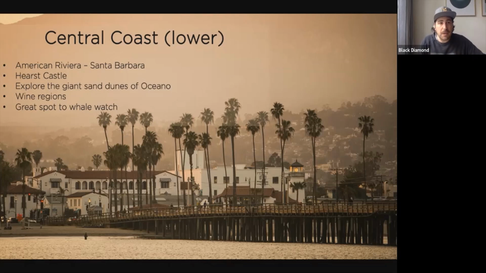Most people know Pismo Beach. You've also got Paso Robles, and I'm going to talk a little bit more about Paso Robles again tomorrow and some fun stuff that you can do there. Paso's all about wine. Pismo's on the beach, so it's all about the beach. And then from SLO down to Santa Barbara, you're about a 2.5 hour drive.